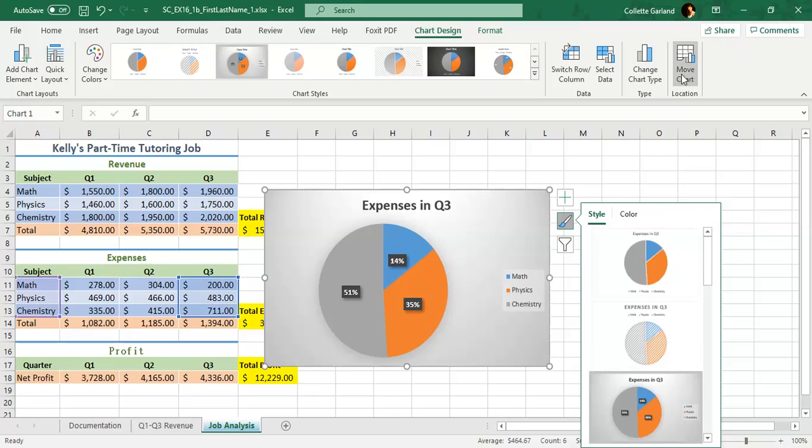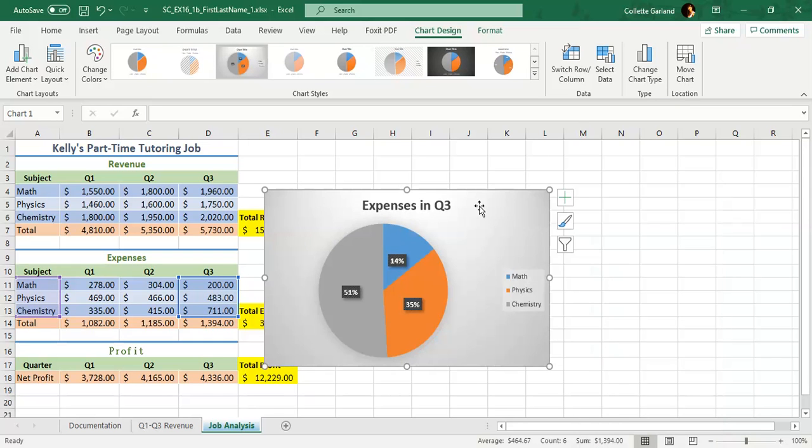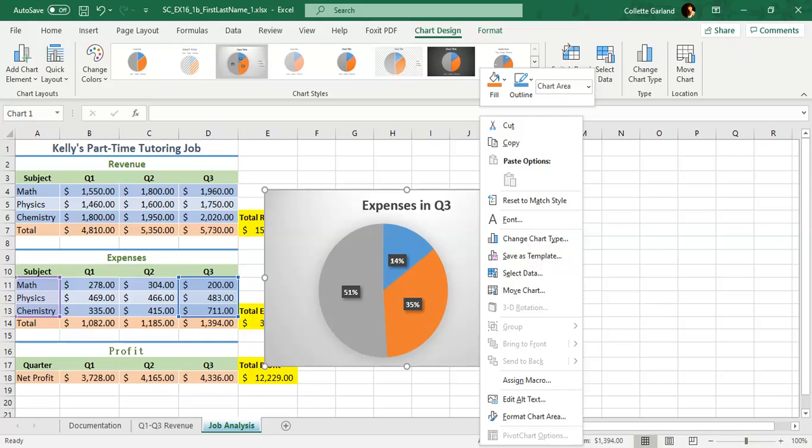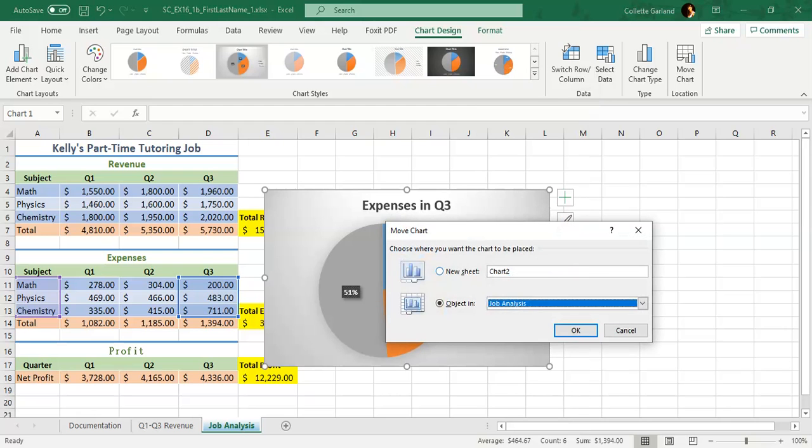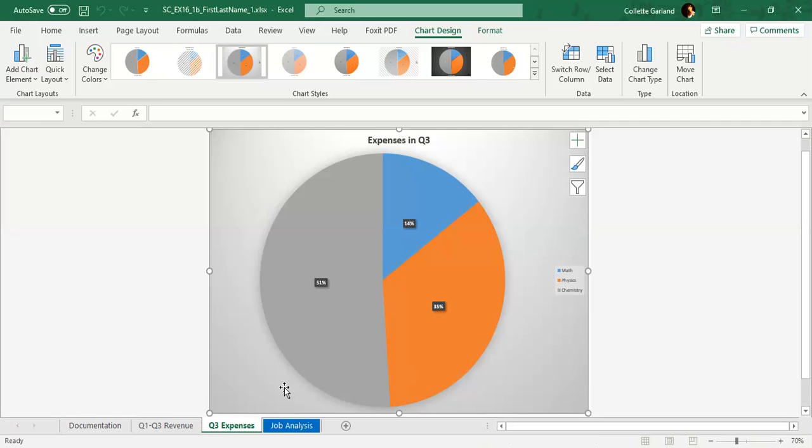Move the chart sheet to its own chart sheet using Q3 expenses as the name. So before we use this one, now we'll just show you how to do it here. Right click. Move chart to a new chart sheet. Q3 expenses. Alright, there it is. So now you just have to save it and